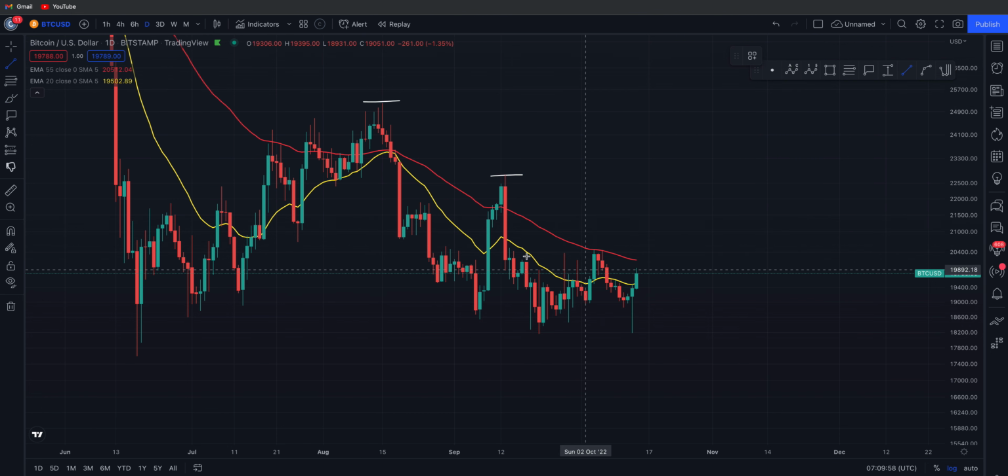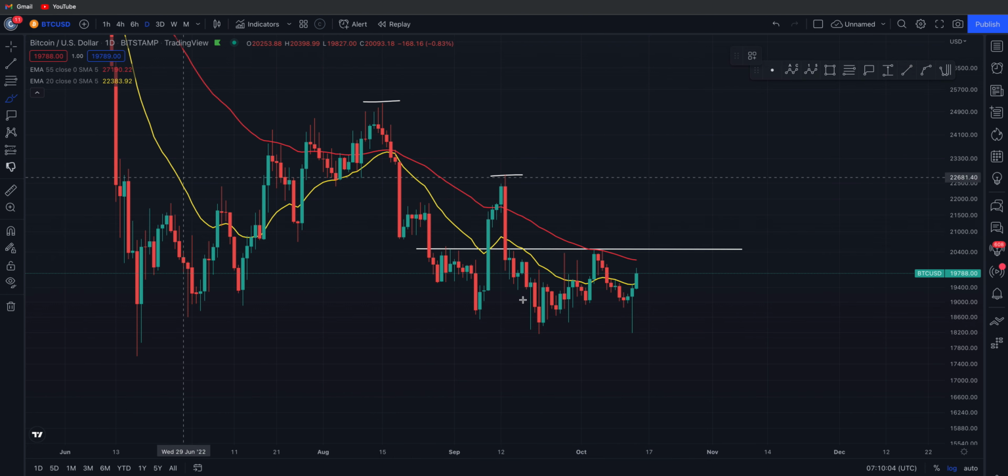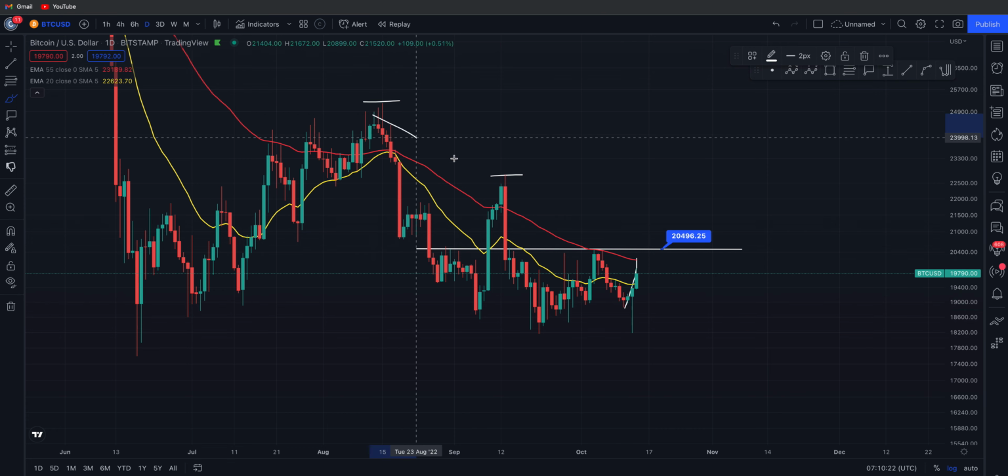Equally though, on the daily time frame, you can see that this range right here, you've got multiple contacts of resistance. So you had resistance here, we had resistance here, we had resistance here. So this is a key resistance line. I would like to see Bitcoin break to get some sort of confirmation, and that sits at a price of 20.4k. If you start to see Bitcoin, as I said, come up, break that resistance line, this downwards trending resistance,